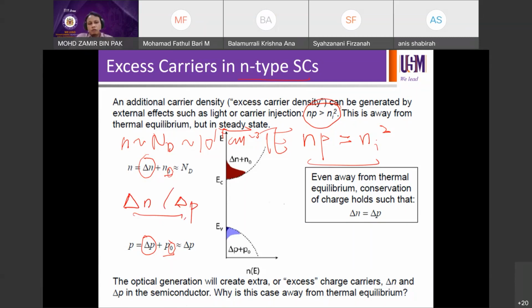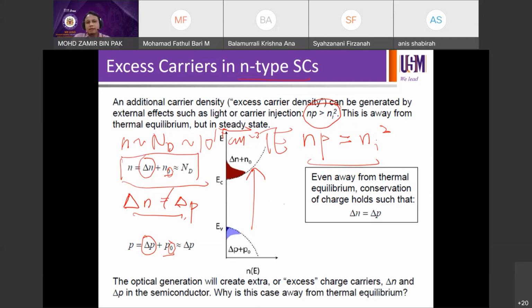Okay, so the moment you introduce delta N and delta P, they will be of the same magnitude. Meaning, the moment you generate new electrons excited into the conduction band, you're also generating holes in the valence band. So that means your delta N is equal to delta P. So your delta N and delta P are equal, right? So if you plug into this equation,